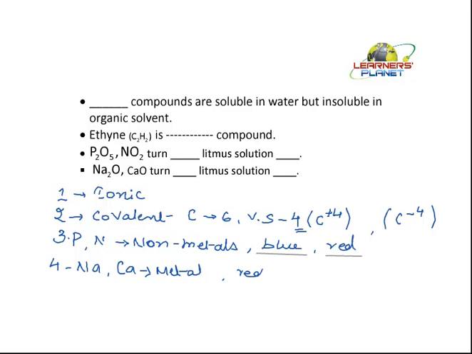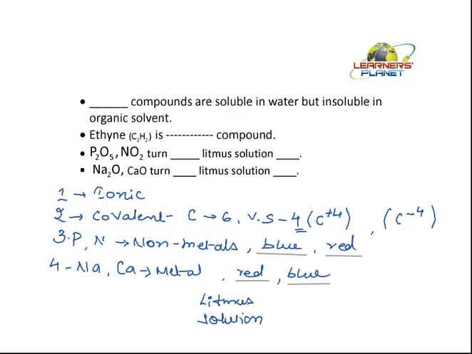Red litmus solution blue. Now here, every time you are given some color, it is converting red to blue or blue to red. It may also happen that you are told the litmus solution is purple in color. So what will be the color of purple, or I'm writing here, litmus solution?